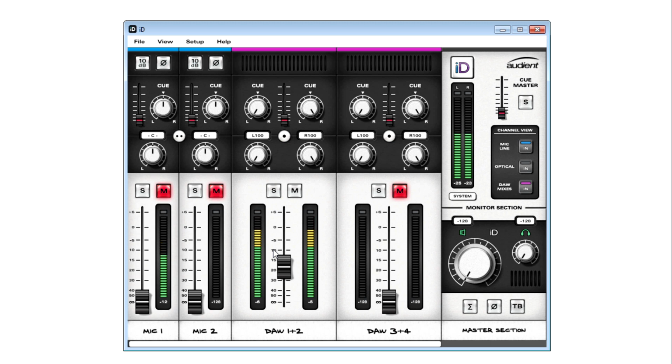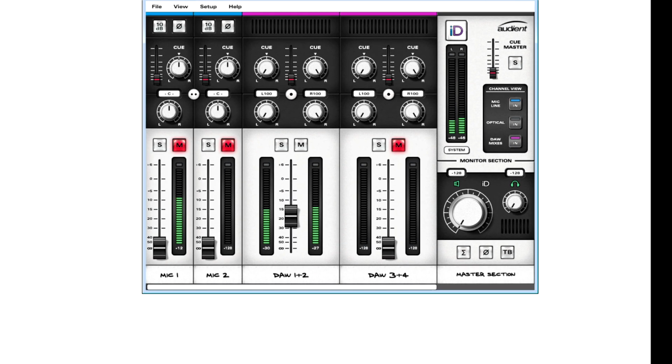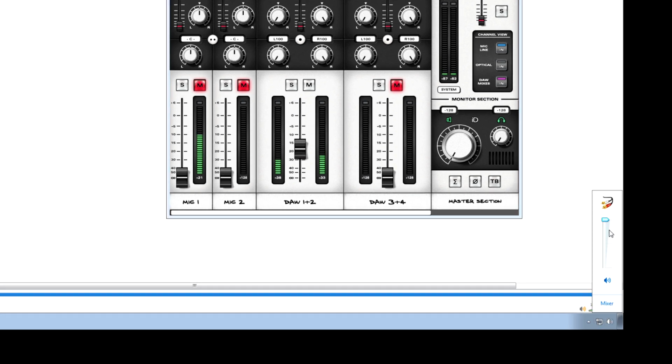Now, here's the cool thing. And this, anybody who DJs music knows what I'm talking about. As I'm listening to different albums, I'll just come and adjust the fader so that it's once again peaking at the yellow point. If that means I got to go up, I got to go up. But again, I always had the Windows volume at 100%,